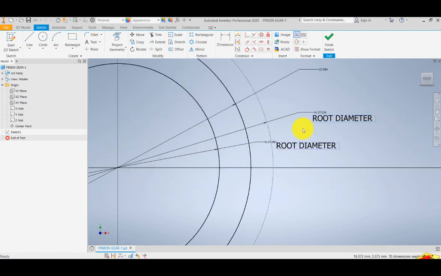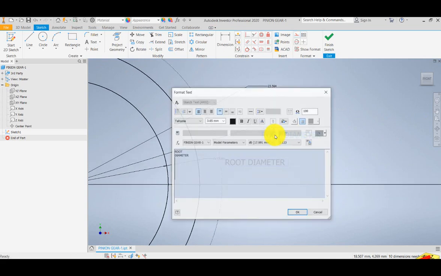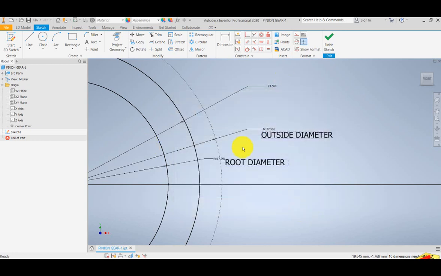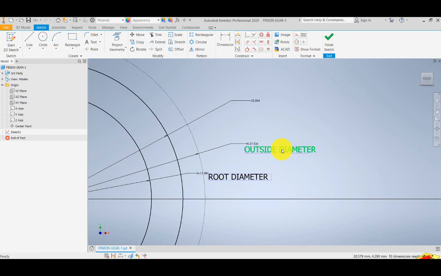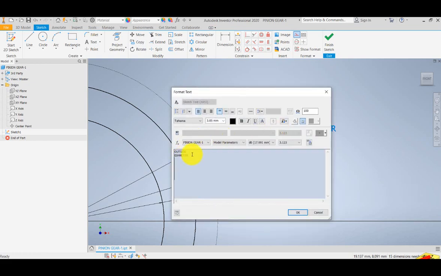And I'm going to copy this one. So this is my outside diameter. You click, so you can change that one, so it will be outside diameter, and click OK. Then this one is my pitch diameter,